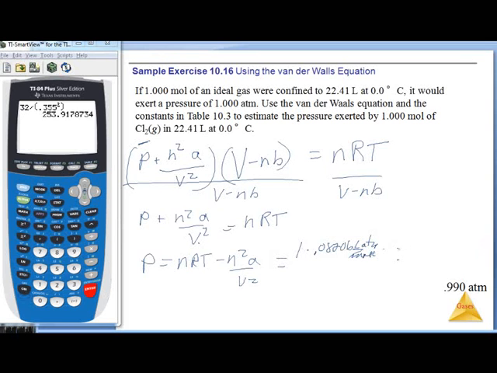This is chlorine, so I've got to find out what the, I'm sorry, I'm still doing T. So T is 0 degrees C, so I'm at 273. Okay, so that's this, right? Minus n squared. It's nice that n is 1, so n squared is 1, times my A, and my A in the table is,